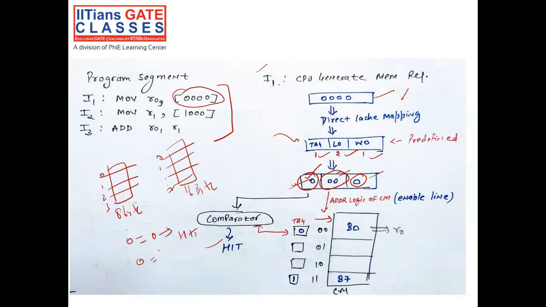If the tag is not equal, let's say 1 is there, then we can say miss. Or let's say nothing is there. We don't know, don't care, we don't know what information. It means that line in the cache memory is empty. This is also a miss. If the cache is empty, then it is also a miss because no block is there. So we need to fetch from the main memory to the cache memory, like this, right?